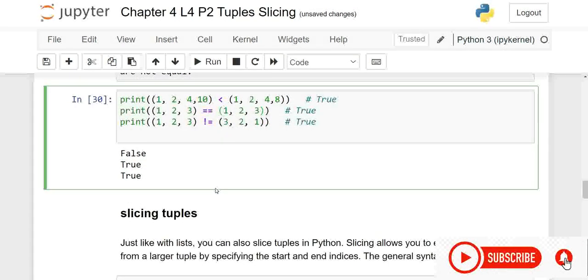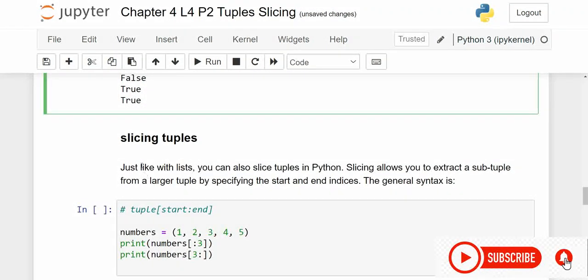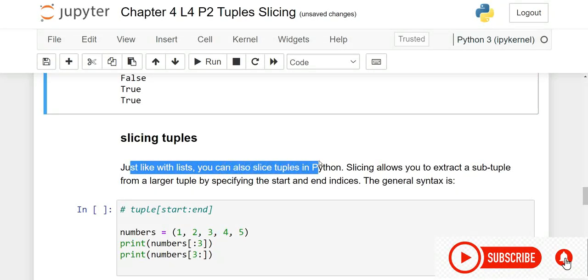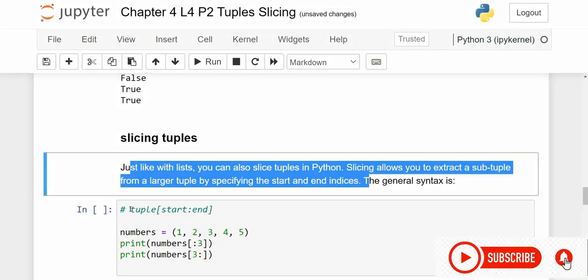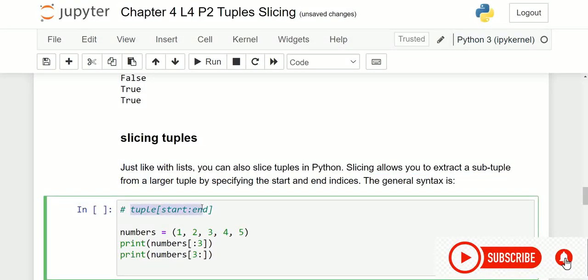Now let us move on to the slicing part of the tuples. Just like lists, we can slice the tuples in Python. Slicing allows us to extract a subtuple from a larger tuple by specifying the start and end indices. The general syntax is like this: tuple[start:end]. Okay,